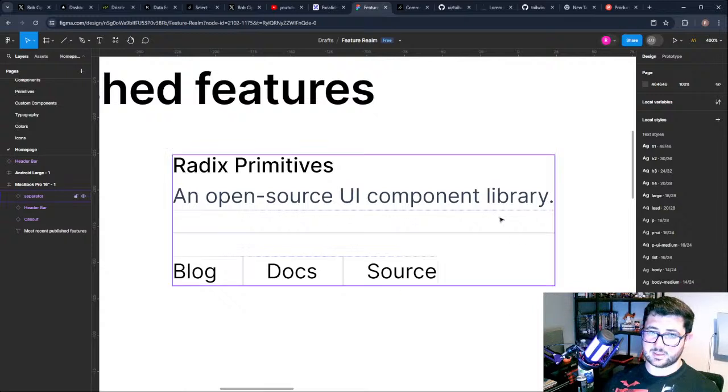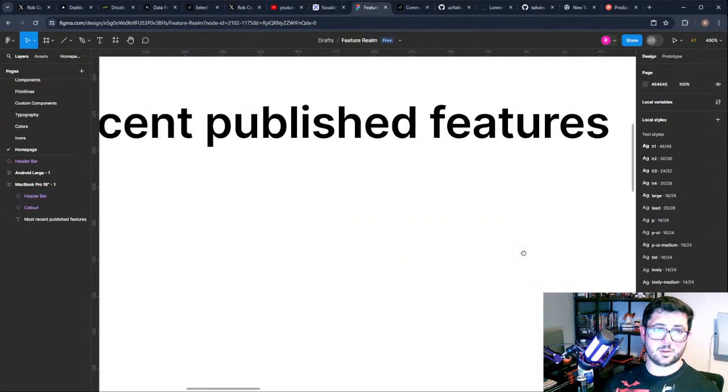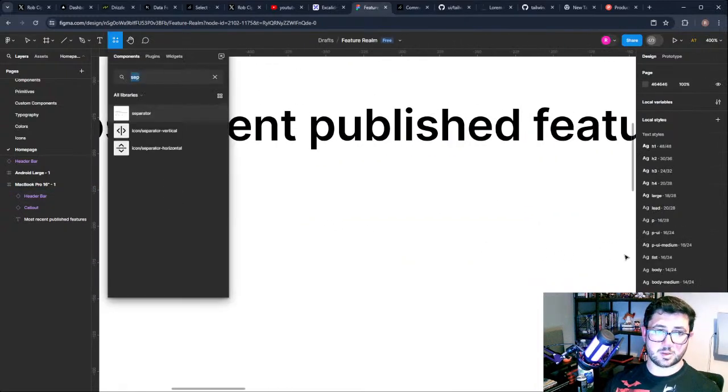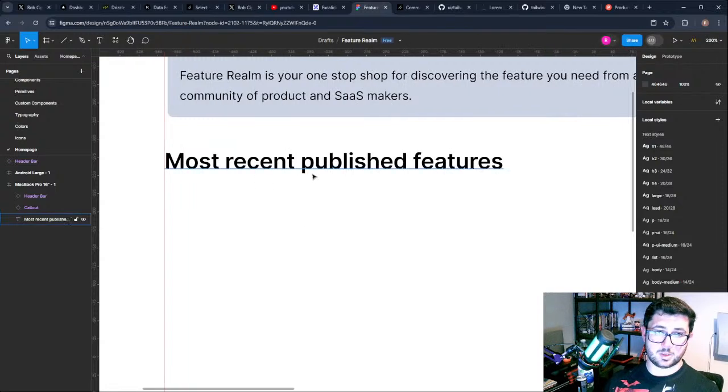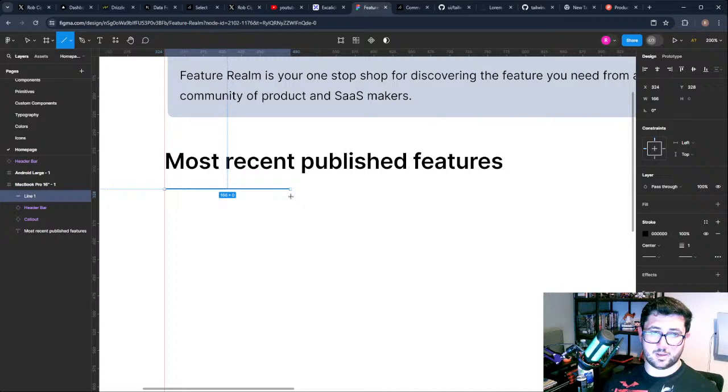So it must have the Radix primitives stuff in here, I think. Separator, all libraries, UI kits, so it's got the UI kits, local components, all libraries. God knows where that is then. But for now, I'm just going to put a line under that, like so. And for the colour,